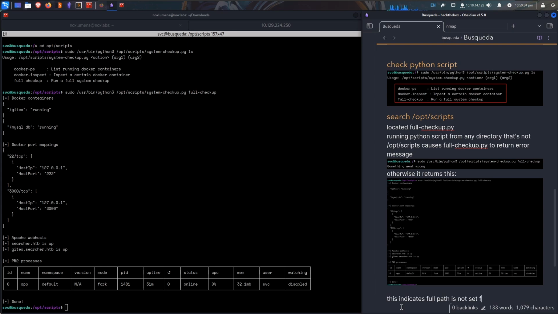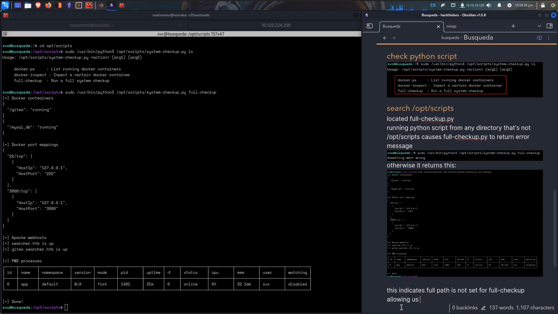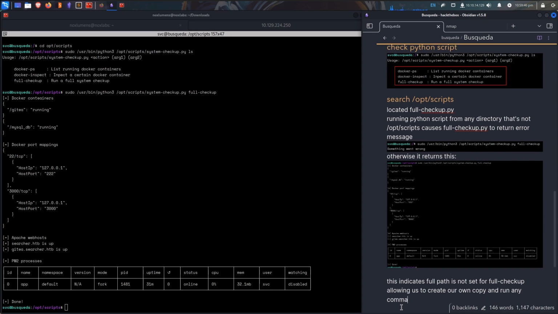Full path is not set for full checkup, allowing us to create our own copy and run any shell command from anywhere